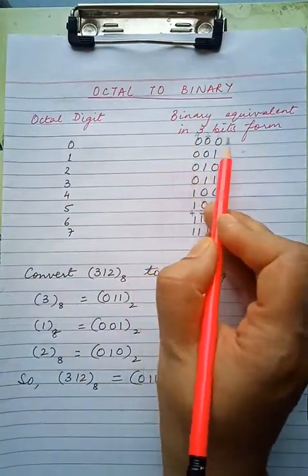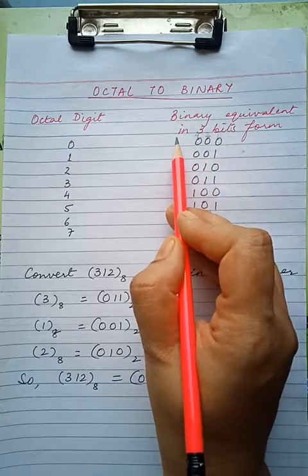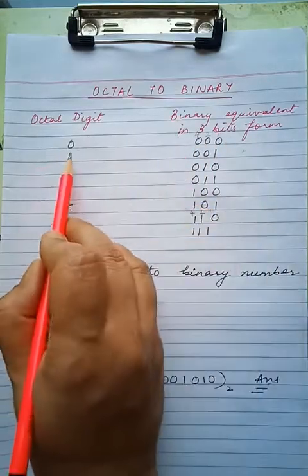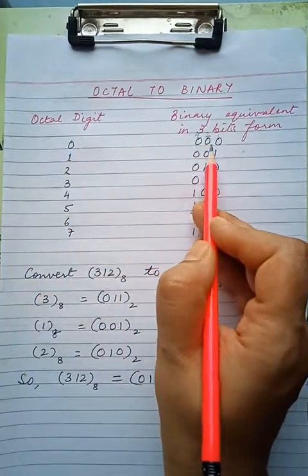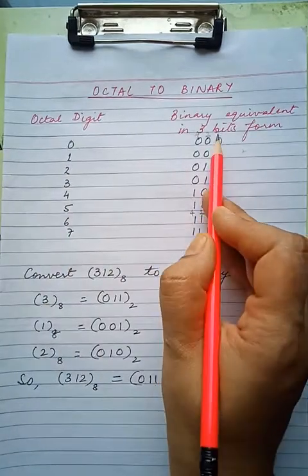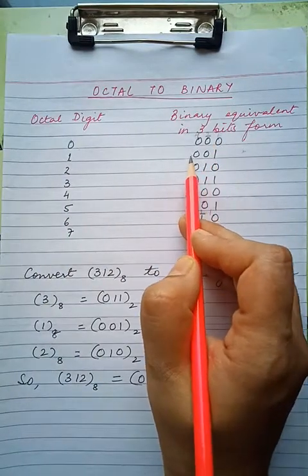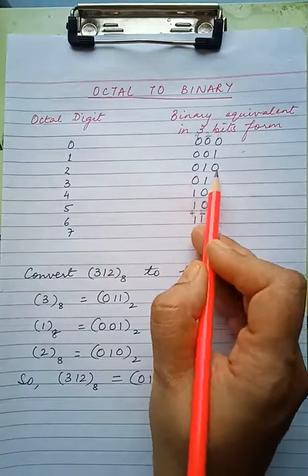Above this binary equivalent, I have written the numbers 1, 2 and 4 starting from the right, multiples of 2. So what should be added to get 0? Nothing. So we will write false values 0, 0, 0. For 1, only 1, underneath 1 I have to write true, rest will be 0. For 2 I have to write true underneath 2 and rest are 0.